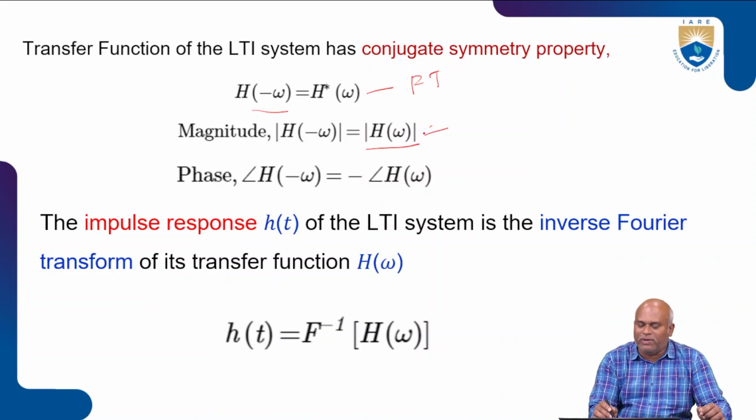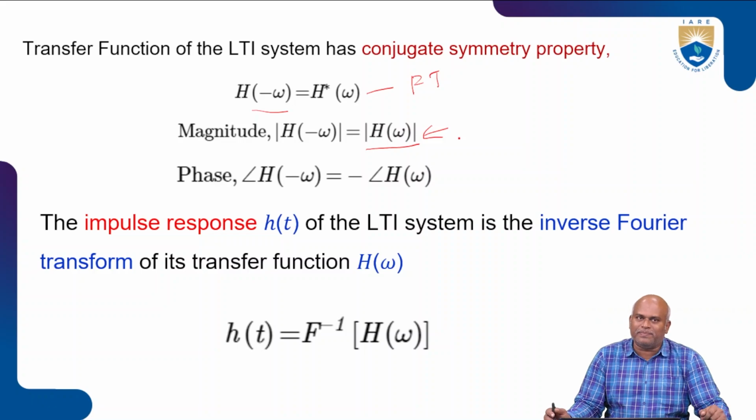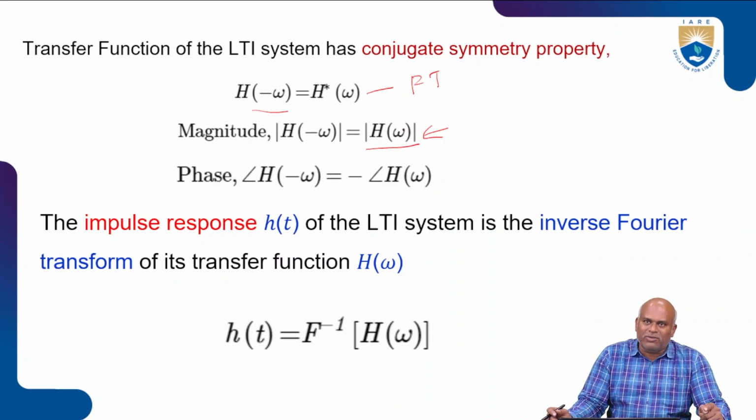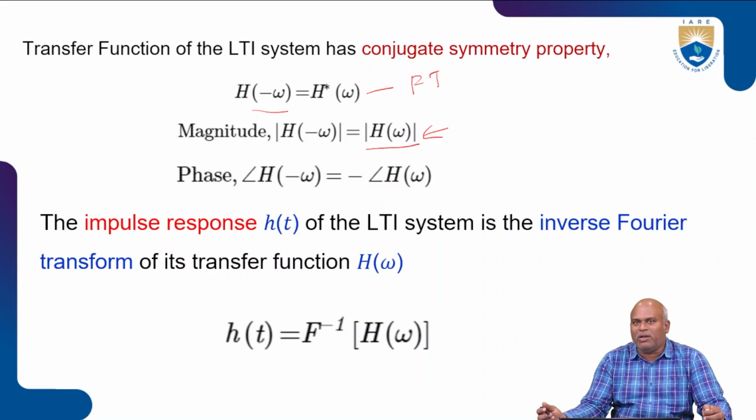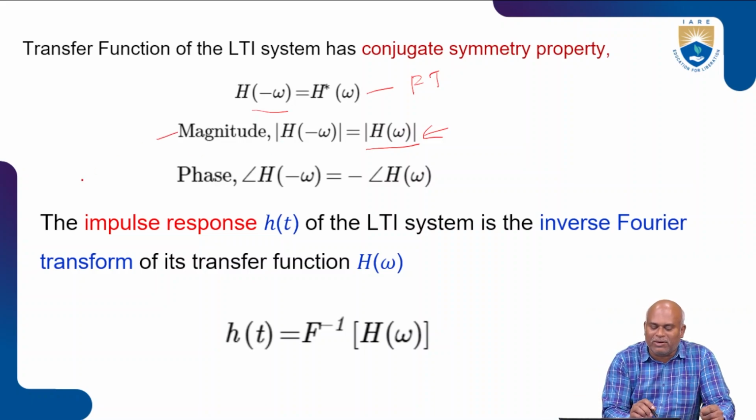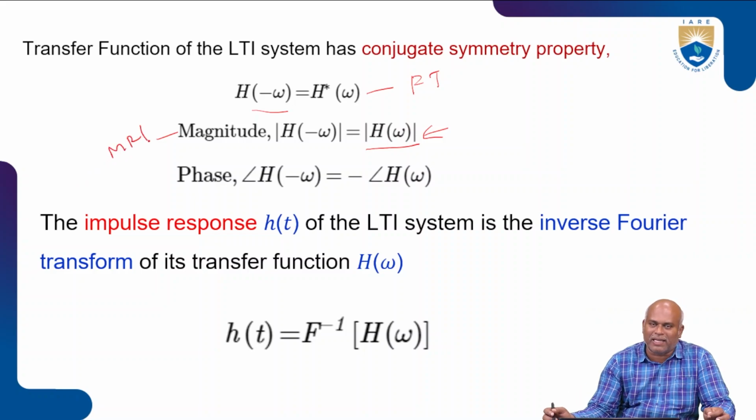So, for example, if you take the MRI signal, it is going to display only the magnitude value. If the magnitude value is large, it is going to be represented as a white color, that is the gray matter. If the magnitude value is very less, it will have the dark color, which represents dense tissue. So the best example of magnitude response for negative as well as positive frequency is the MRI signal, that is the magnetic resonance image signal.